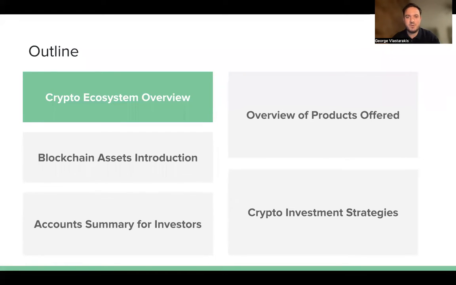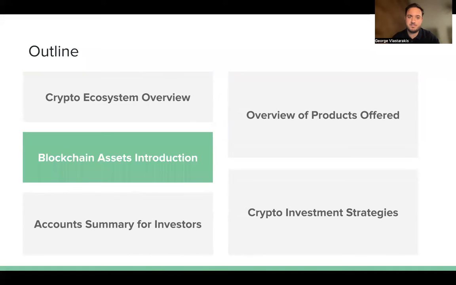The essence of crypto are the decentralized networks or blockchains that facilitate this digital economy. We will begin by establishing a quick overview to understand the backbone of this ecosystem. We will then take a look at the main asset space as it currently stands and how different technologies and platforms correspond to different assets.